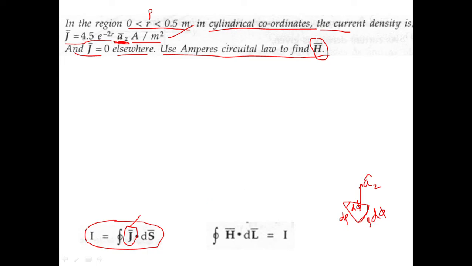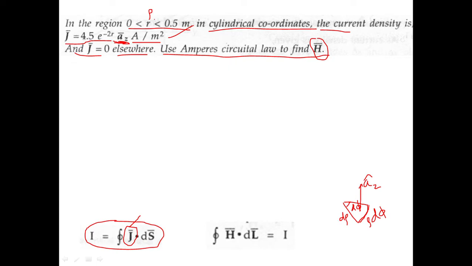Now we got what is ds vector also. Now I'll be able to find what is j vector dot ds vector. J vector also has az, ds vector also has az. So both will get cancelled out. And rho anyway they have given the limit, right? Rho I'll be able to find.